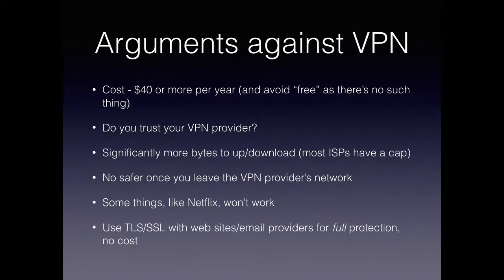So if you really want to be protected on these things, though, just use TLS, SSL. Use somebody with a certificate. Make sure the lock is up there. Make sure that when you set up your email and it says, do you want to use the encrypted version? Say yes. Make sure it's encrypted. Encrypt those important connections. You will get the exact same encryption that you would have got through the VPN. Yes, they can tell where you're at. You might need them to tell where you're at if you're on Netflix or something, but you're still encrypted for those important things. Purchases, your bank,